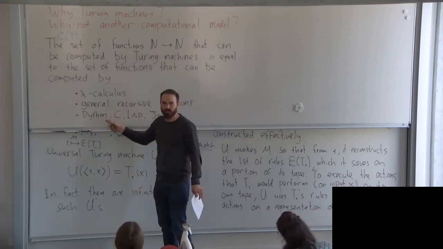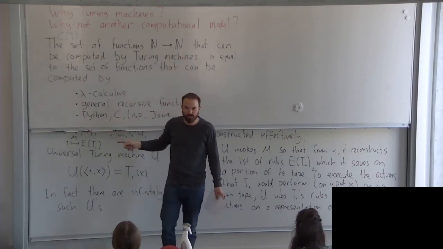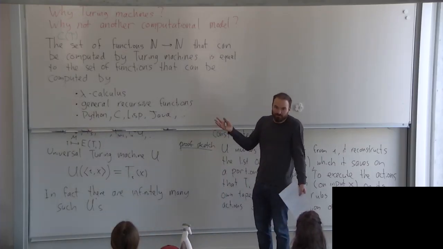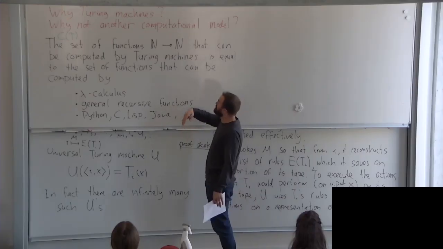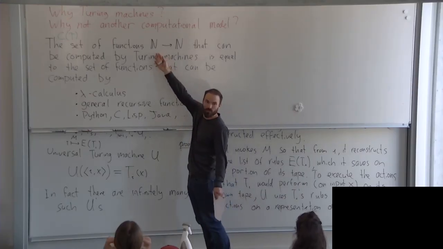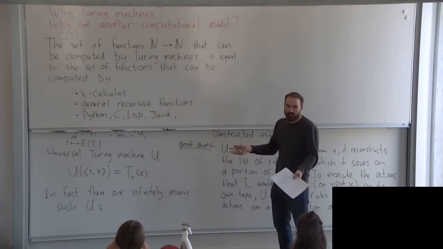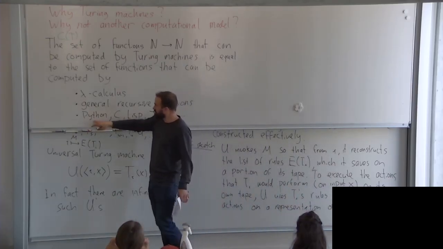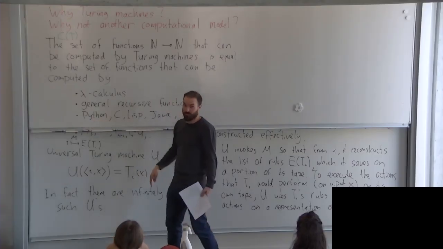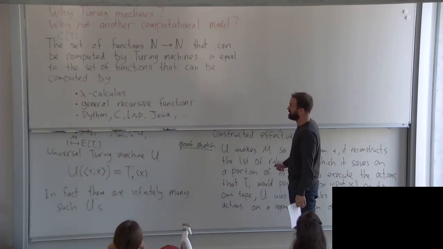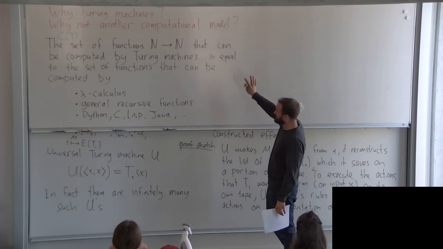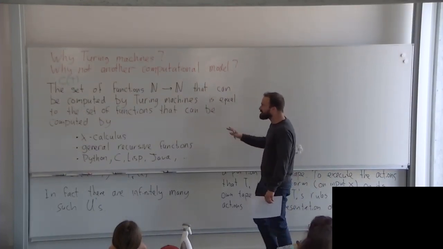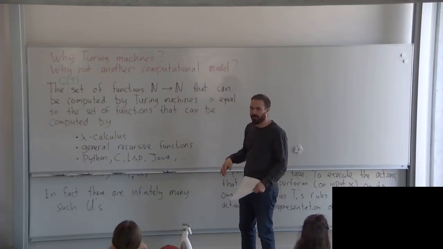The same holds in Python. One might say, how do you see an end-to-end function in Python? I'm writing code with letters and so on. But there's a way to embed functions that are of the form end-to-end. And again, it might be a bit playing with details, but one could then see that, oh yeah, Python as a programming language computes a set of functions from naturals to naturals. And then I'm just claiming here that it's equal to the set of functions computed by Turing machines. But it doesn't stop there. Like by accident, there's also